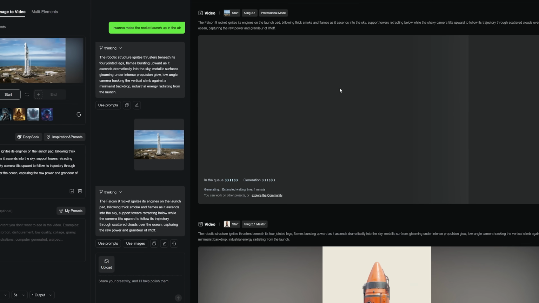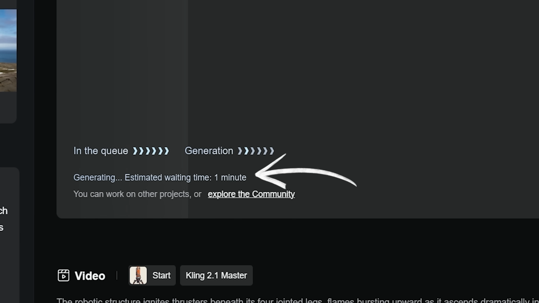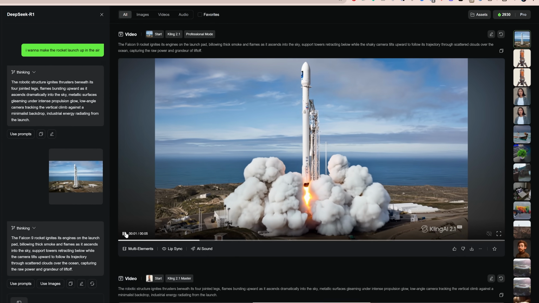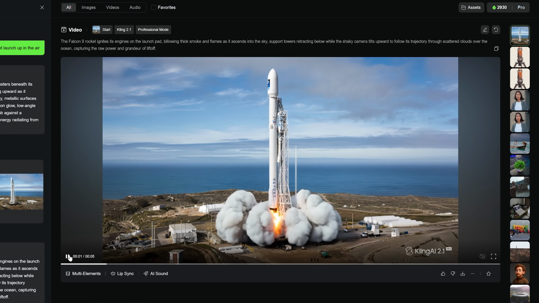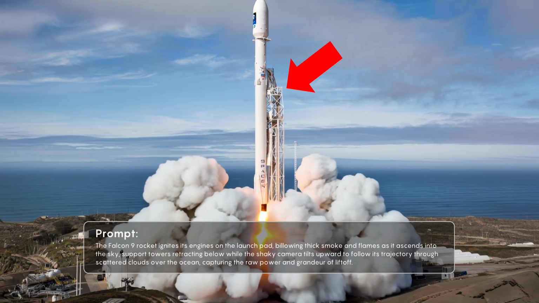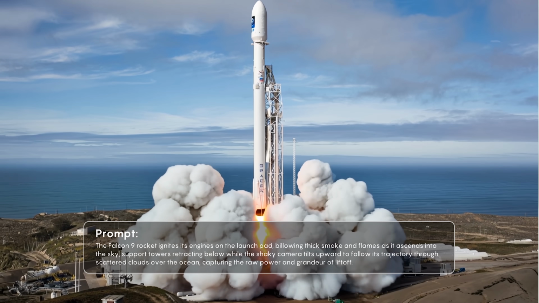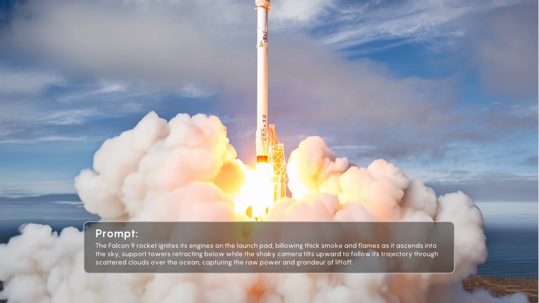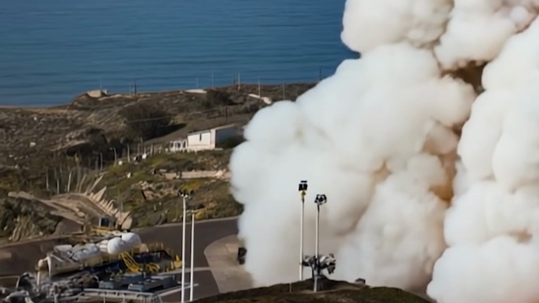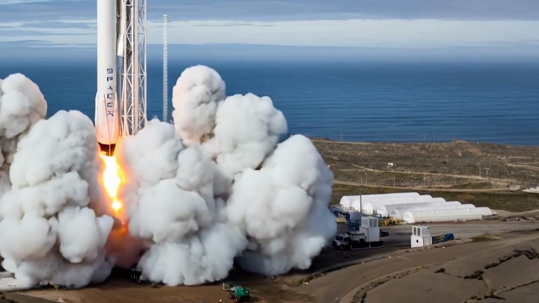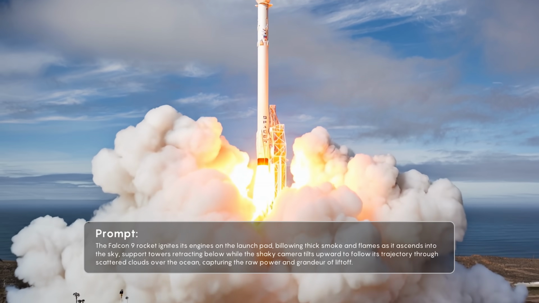As you can see, doing image to video with Kling 2.1 in professional mode will take about 1 minute, and sure enough, a minute later we have our video. And look at that. The smoke and fire effects look so realistic. Now, ideally, the support tower should retract as the rocket launches, but that doesn't take away from how insanely good the animation looks. You can even see the smoke expand behind the little poles at the bottom corner of the image. The shadows follow the smoke perfectly, and the camera tilts up to follow the rocket just as we requested